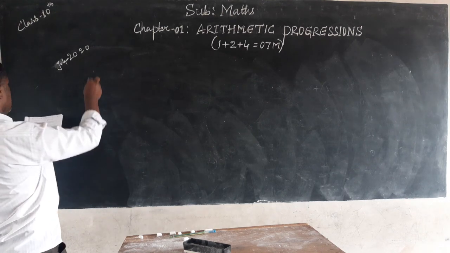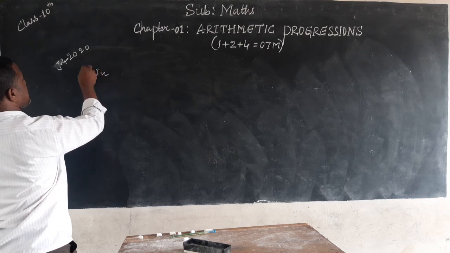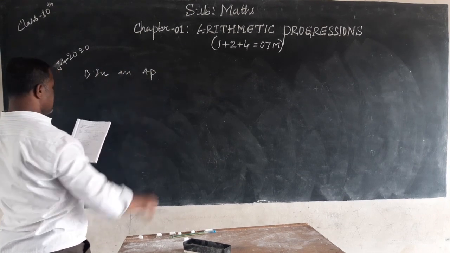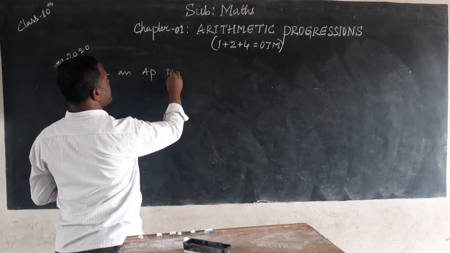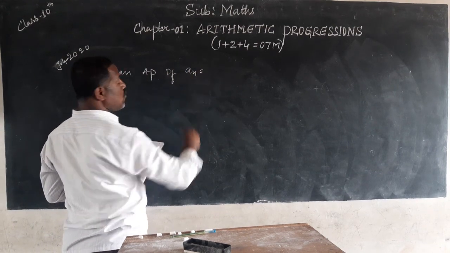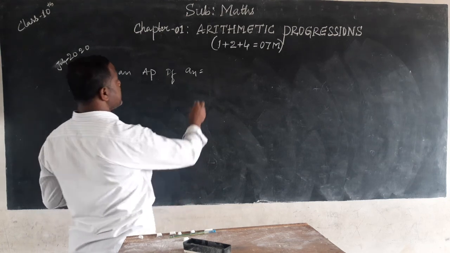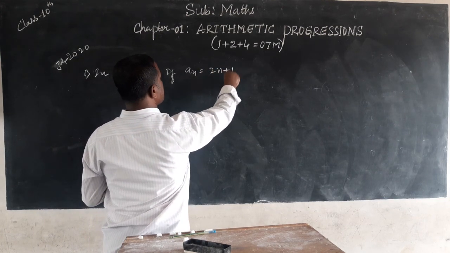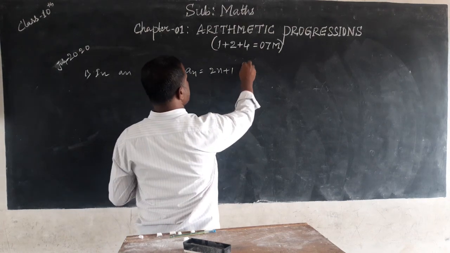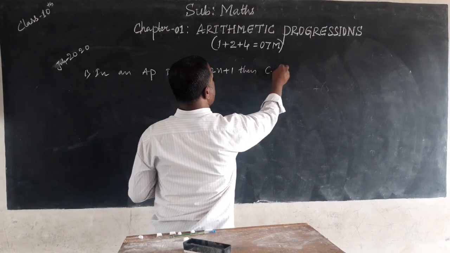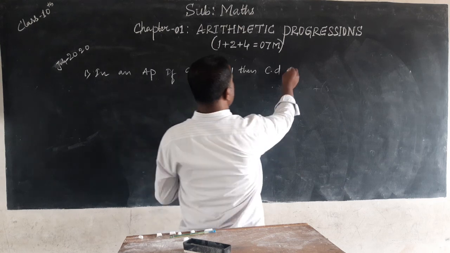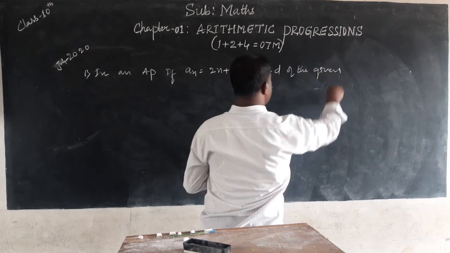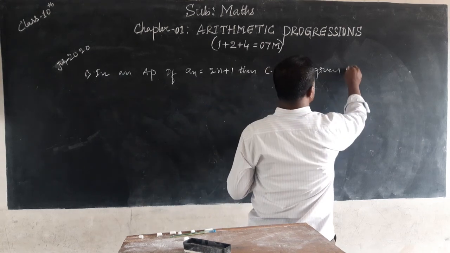The question is, in an AP, if AN, I told you AN is nothing but TN. AN is equals to 2n plus 1. Then the common difference of the given progression is,